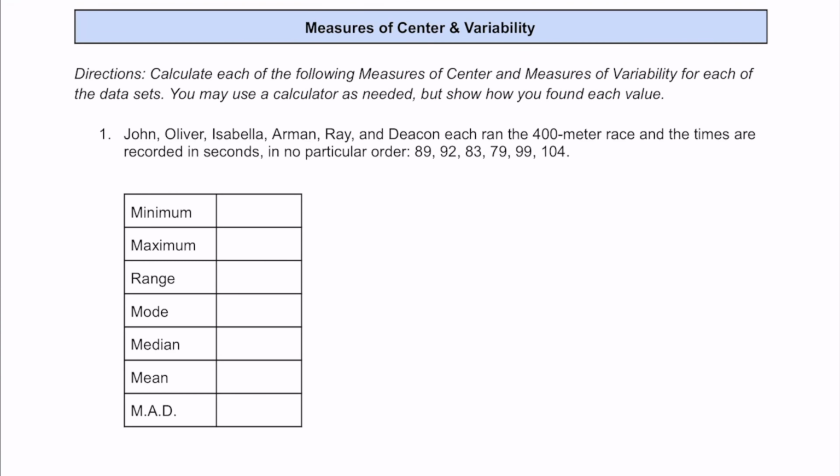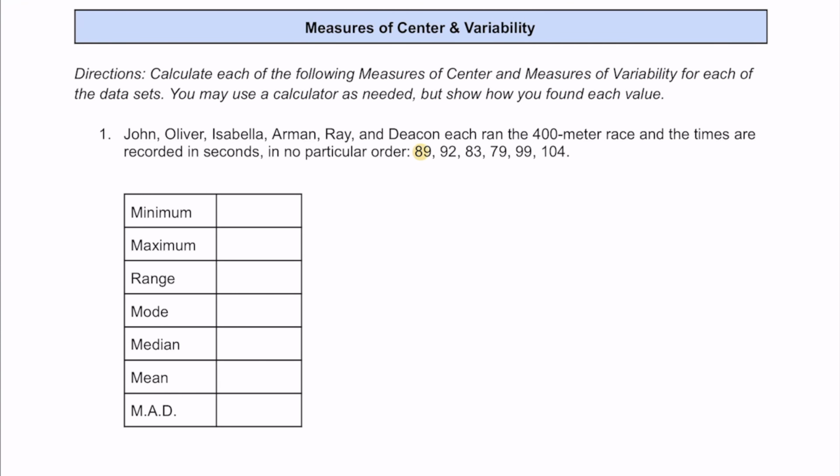Let's practice calculating some measures of center and measures of variability together. All right, so for number one, we have John, Oliver, Isabella, Armand, Ray, and Deacon. They each ran this 400-meter race, or one lap around a track, and the times are recorded in seconds in no particular order. Okay, so let's get started by ordering our data values from least to